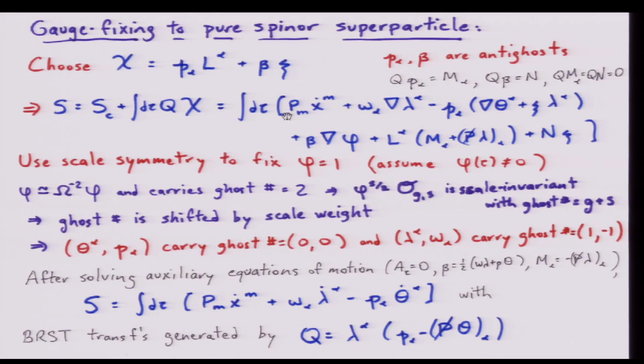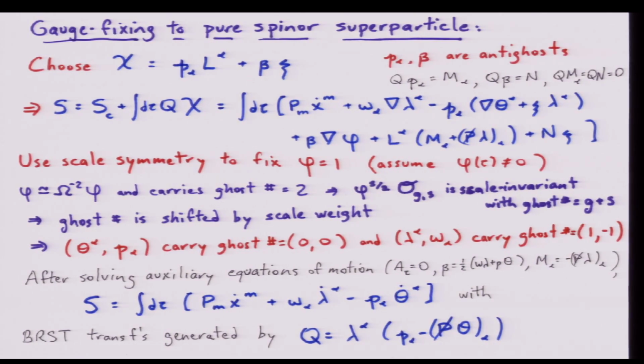Okay, so the pure spinor version in some sense is simpler. You choose the gauge fixing fermion to be proportional to the Lagrange multiplier, so that means you just gauge L alpha to be 0, and you also gauge Xi equals 0. So P alpha is a fermionic antighost and beta is a bosonic antighost. And these, as in the usual BRST procedure, transform into Nakanishi-Lautrup fields, whose BRST variation is 0. So you can just compute the gauge fixed action using the usual BRST gauge fixing procedure, and this is what we get.